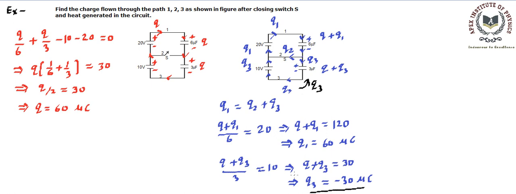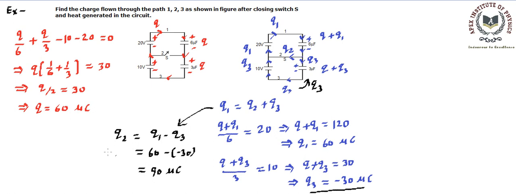Fine. Now using this Q3 and Q1 and using this equation, we can find out what the value of this another unknown, which is Q2, is going to be. So let's use this over here and try to find out what Q2 is. From here we say Q2 is going to be equal to Q1 minus Q3. Now Q1 we have calculated comes out to be 60, and Q3 that we have calculated is minus 30. Mind it, we are going to put the value of Q3 whatever we have calculated. It's just interpretation that we have used for the direction. Now this is going to be equal to 90 microcoulomb.